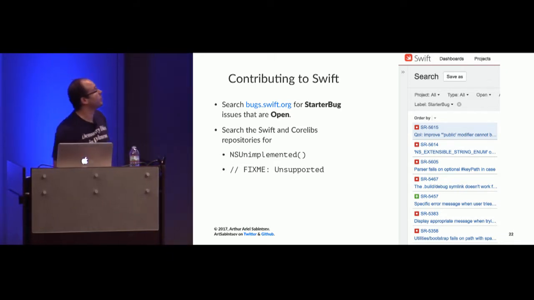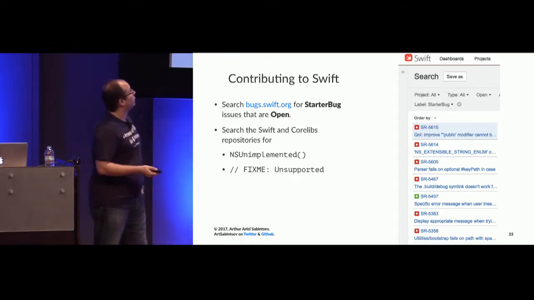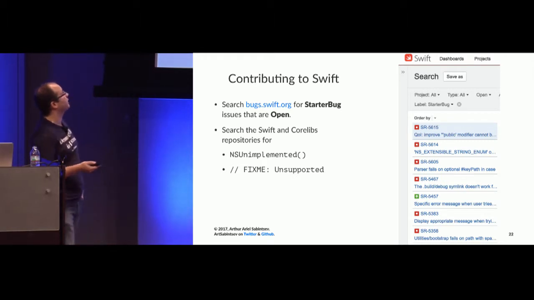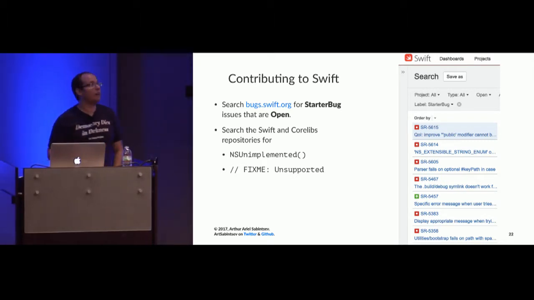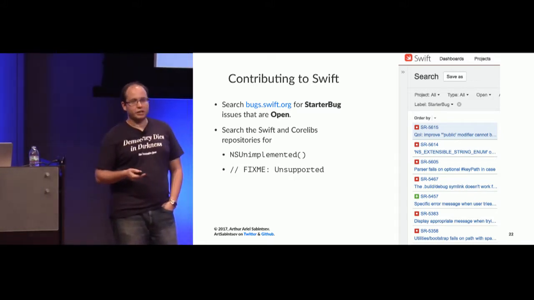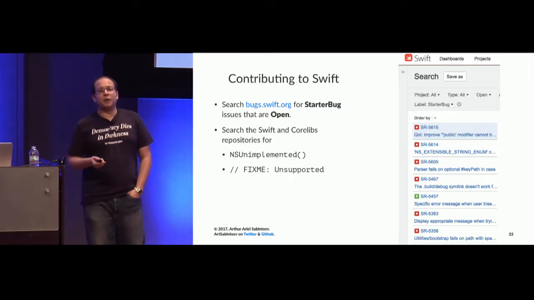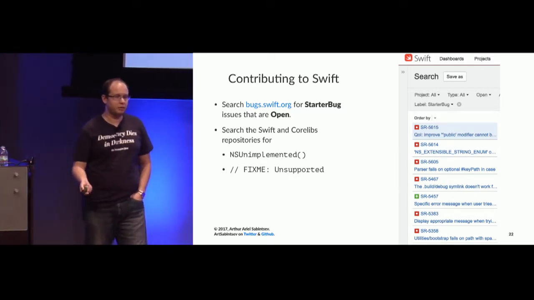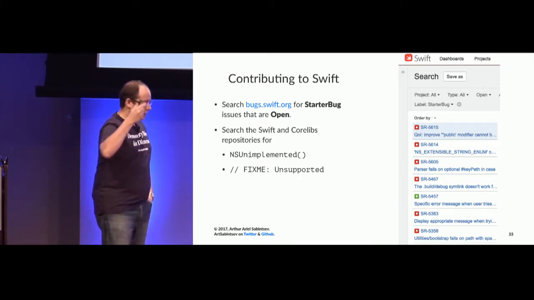So take a look. You might be able to find something where you may want to contribute. What I did is I searched for fix me's and bugs and not implemented. And I happened to come across NSUnimplemented one time. And I found that it was all over the XCTest framework. And that was interesting to me because I had an extension that had this function called XCTAssertNoThrow, which exists in Objective-C, that would test if a function threw or not.